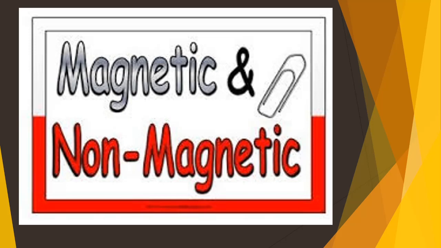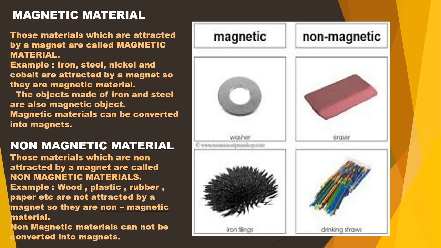And so a magnet itself has some wonderful properties. The first one is the property of attraction, which we will learn in the later part. Now first, here we will find two ideas. One is magnetic, another one is non-magnetic. So what do you mean by magnetic? Here you can see, magnetic material means those materials which are attracted by a magnet.